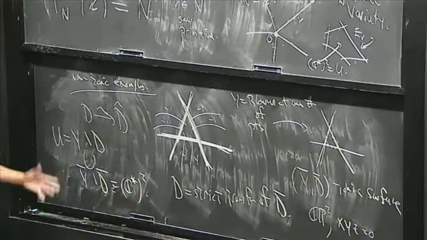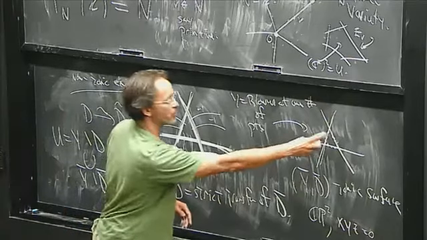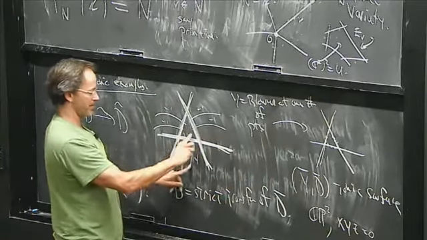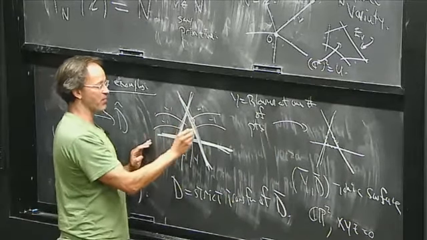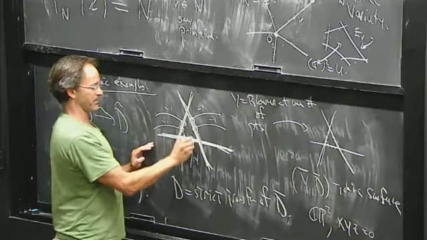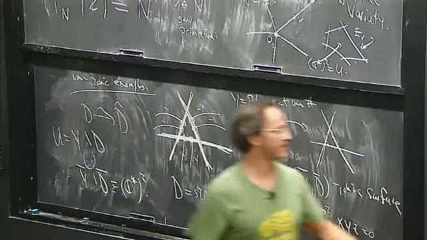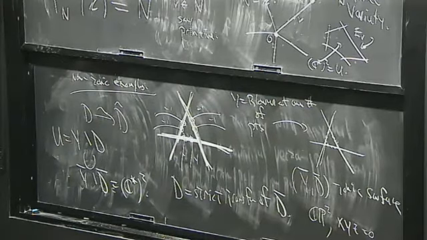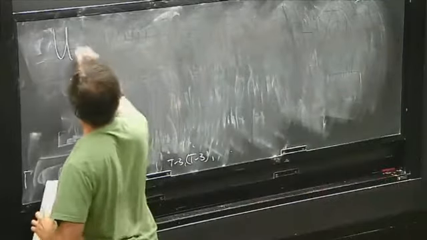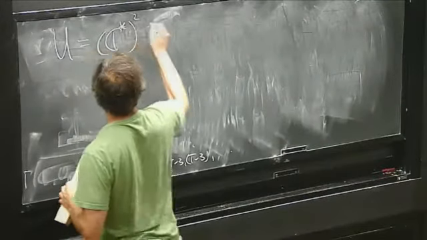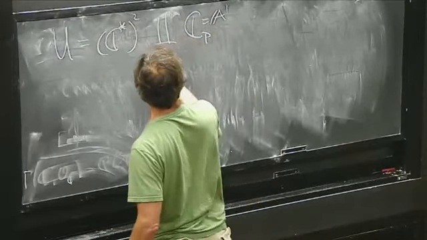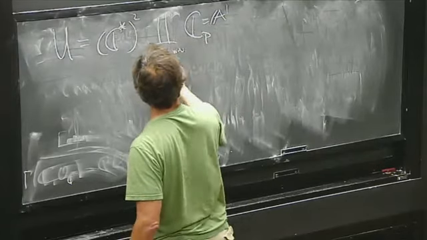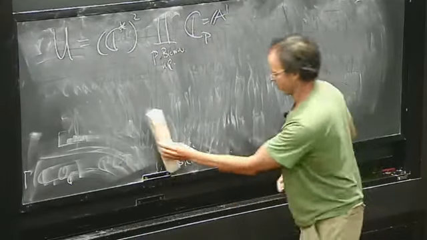But notice, what did I add? Well, what did I add to Y? I added all these CP1s. But then I throw away the triangle. So what I added to the torus was the CP1 minus this one point. So what we get from this is that, in this case, U, the example U that I have, is C star squared, disjoint union a copy of C, or A1, for each point, for each P blown up. So for each point, I added a C star.